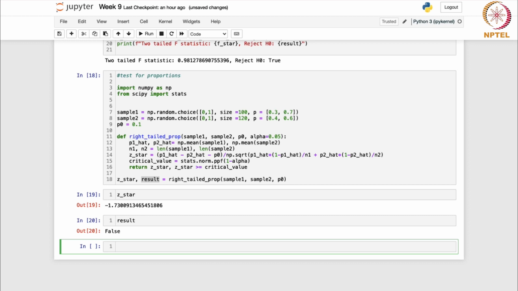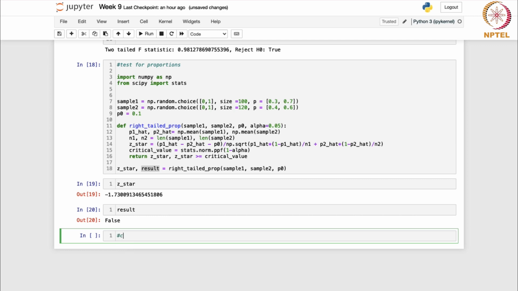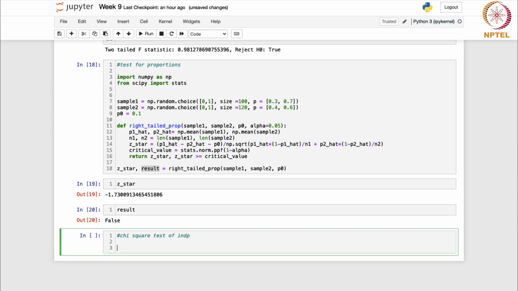So this way you can perform different tests whenever you have two samples. We have seen the difference of the means, the ratio of the two variances, and the difference of the two proportions also. Now we are going to look at the chi-square test of independence. So we can import numpy as np,